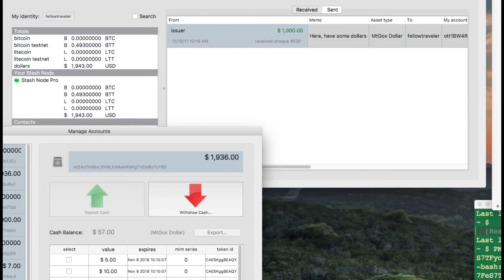In my next video, I'd like to explore some of the features we have for exchange as well as smart contracts. Until then,